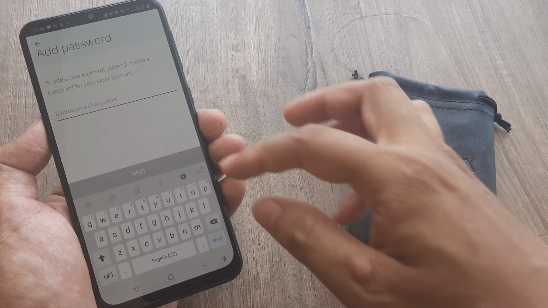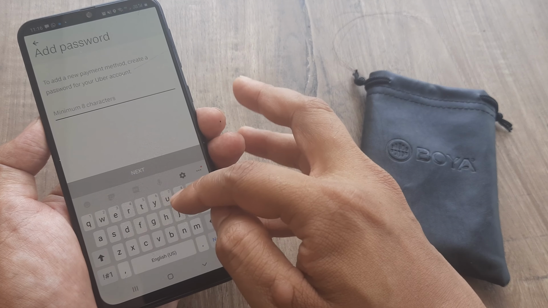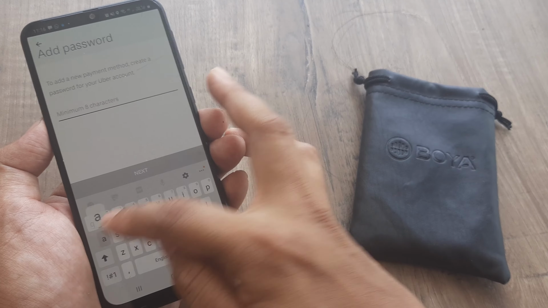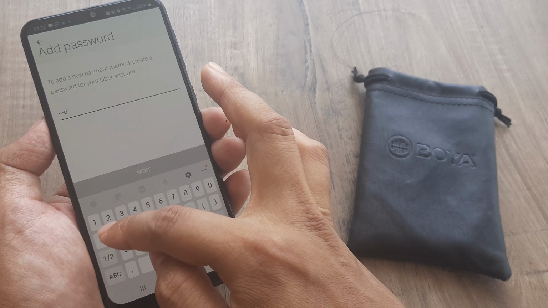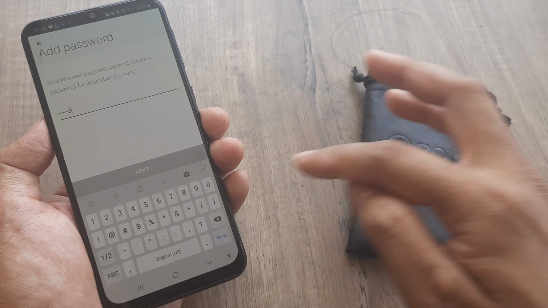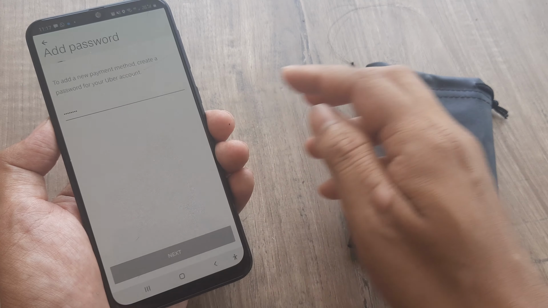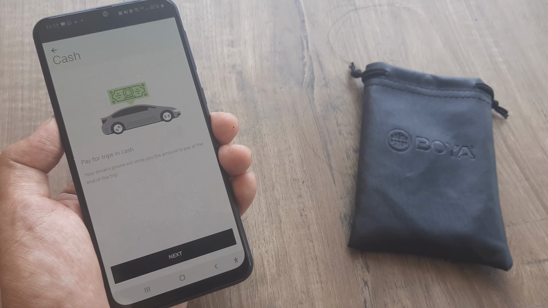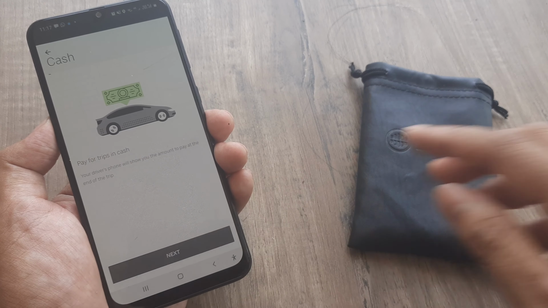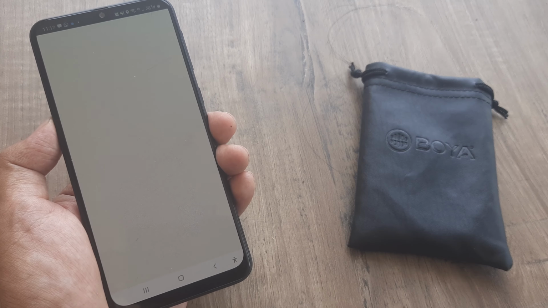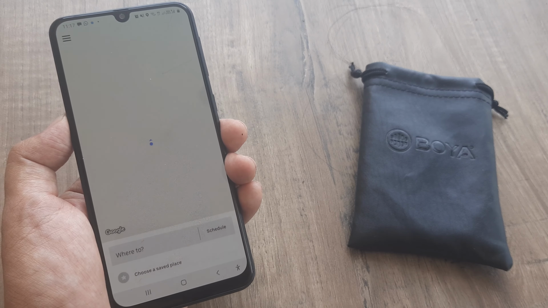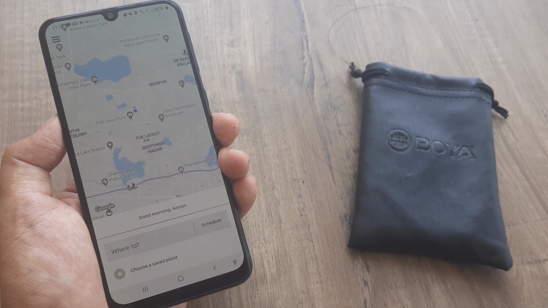So I will create a password, say ABCD1234, and then I click on next. And there you go, you have your Uber account.